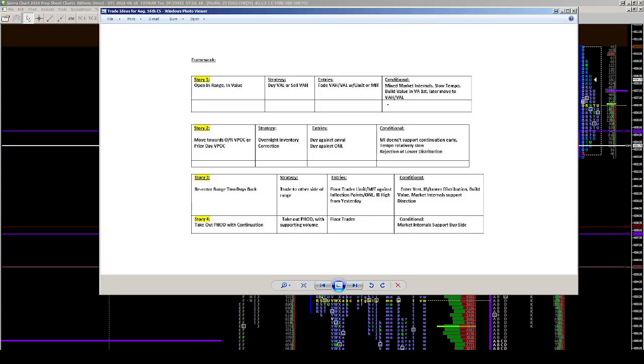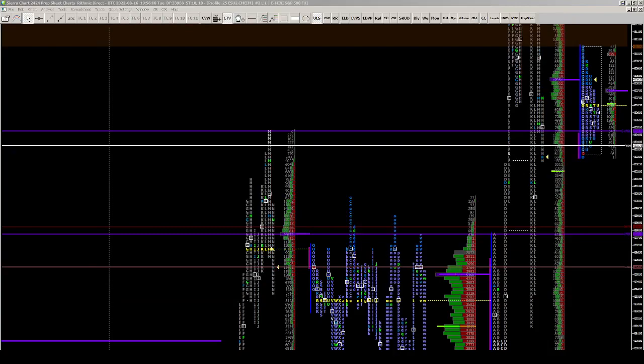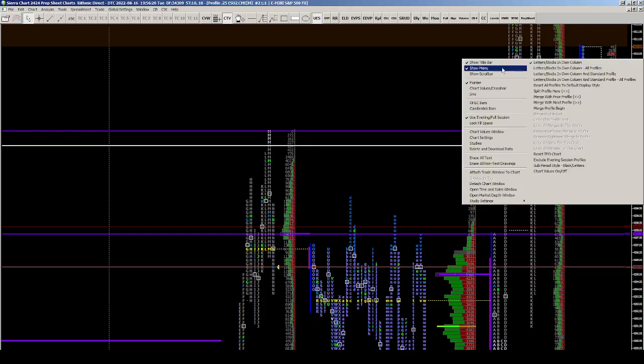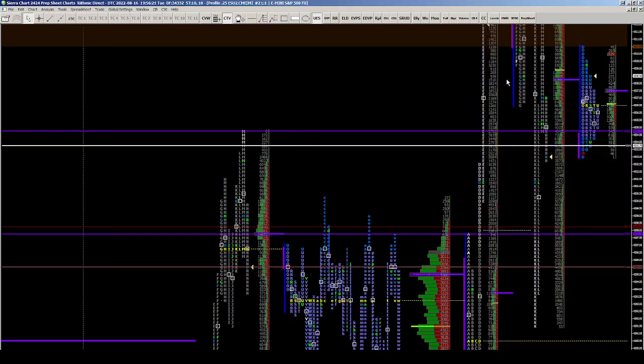So we want to see the market internals start to show heavily weighted to the buy side. I don't know what happened here. Let's look at the volume as best we can on the profile here. So this purple line says CVPOC. That's the contract volume point of control. It happens to be exactly on Monday's high, so you don't see the previous high of day line there, but